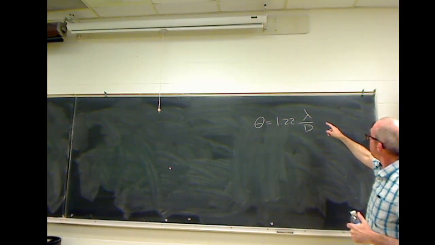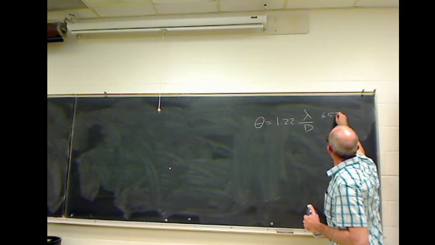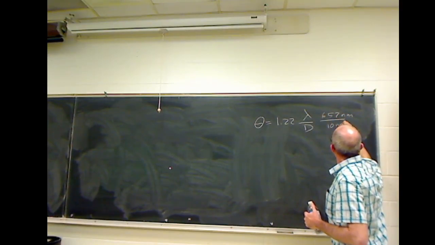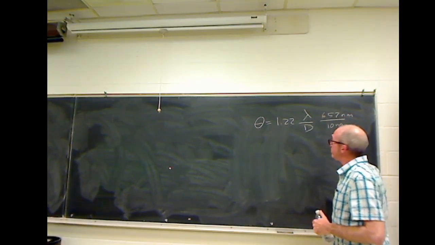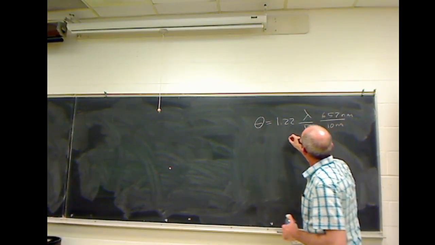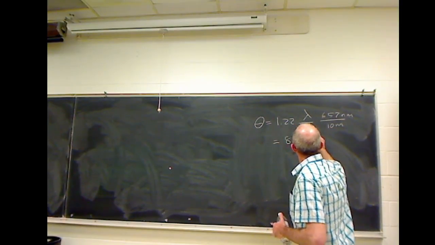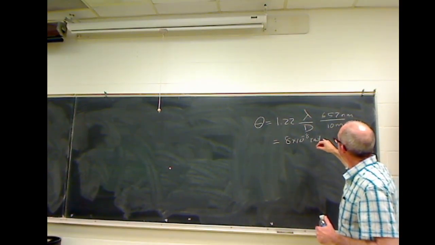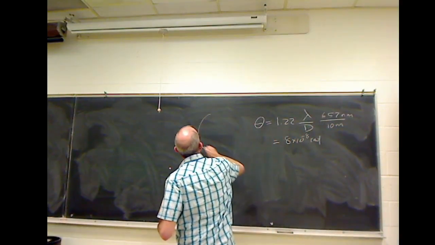This gives you the answer in radians. So you plug in 657 nanometers divided by 10 meters. I'm just going to assume that you guys can all work with units at this point. And you get a number that was like 8 times 10 to the minus 8 radians. And then you got to convert to arc seconds. So how do I convert to arc seconds? Times